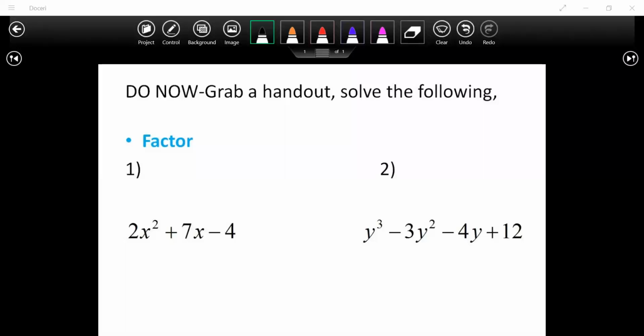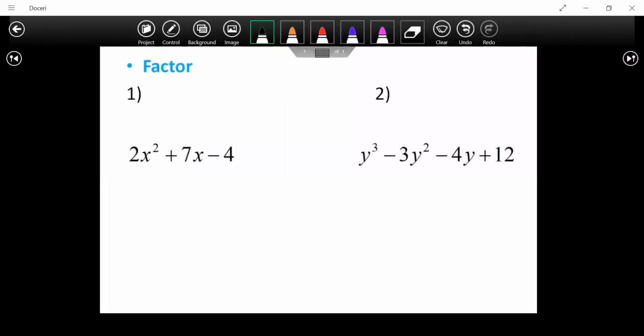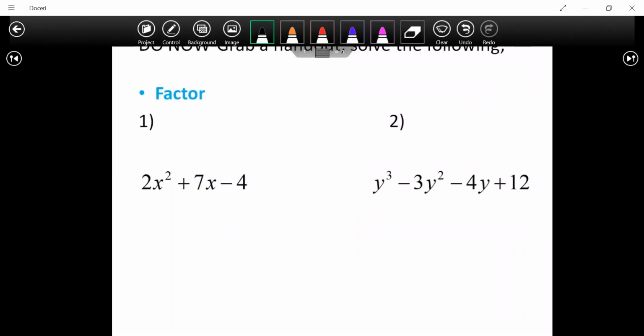Okay, so here we go. We have our two polynomials we want to factor. For the left one, I want to use the snowflake method. We're going to get -8 on top, 7 on the bottom, with our two top ones being 2x. Two numbers that multiply to give you -8 and add up to give you 7 are going to be 8 and